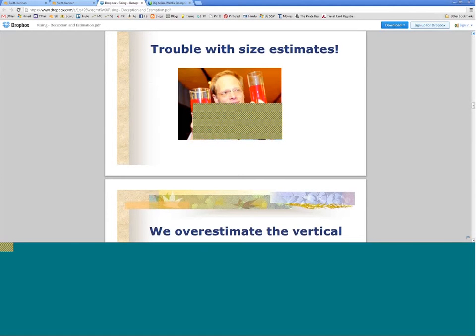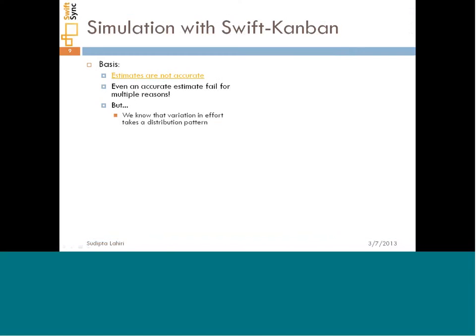So estimation is fundamentally inaccurate, and even if by chance one was to make an accurate estimate, in reality there are too many variations for things to work out the way they were originally thought to, right? The skill set available to a team changes, the work profile changes, there are different needs that keep happening, infrastructure needs change,